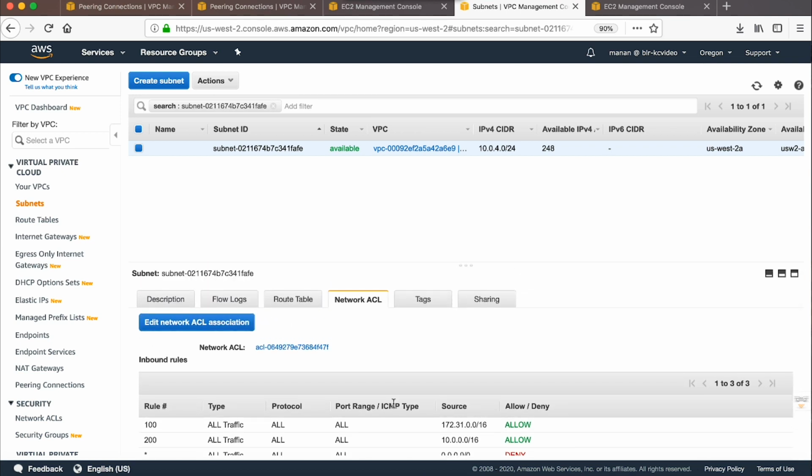In the security group of the load balancer, allow only inbound traffic on the load balancer's listener port.